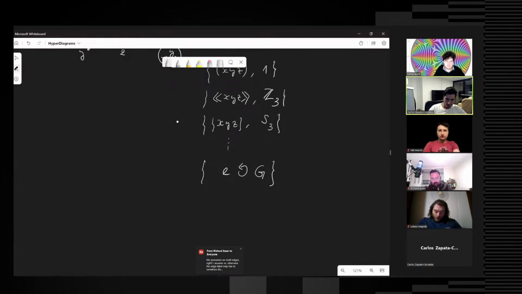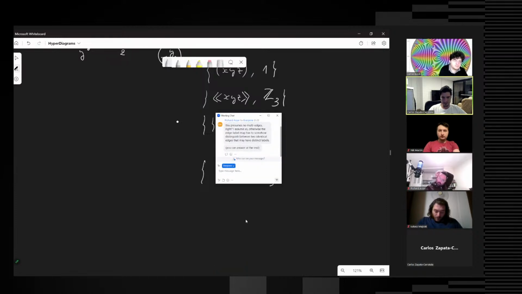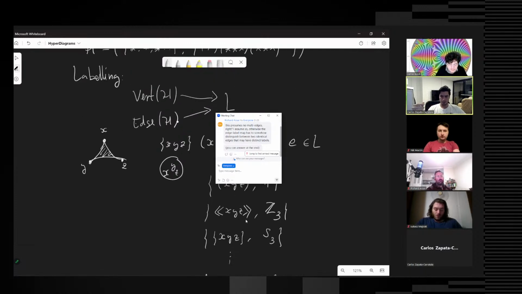So there's a question from Richard. Let me see. This presumes no multi-edges. I assume so, otherwise yeah. This is a very good question. You could either think in terms of multi-maps. At the very beginning I said this is actually a multi-map in some sense, but it's a very good question because for hypergraphs as diagrams, you normally want simple hypergraphs. You want to really restrict yourself to simple hypergraphs from the get-go at the set level, so to speak, and then